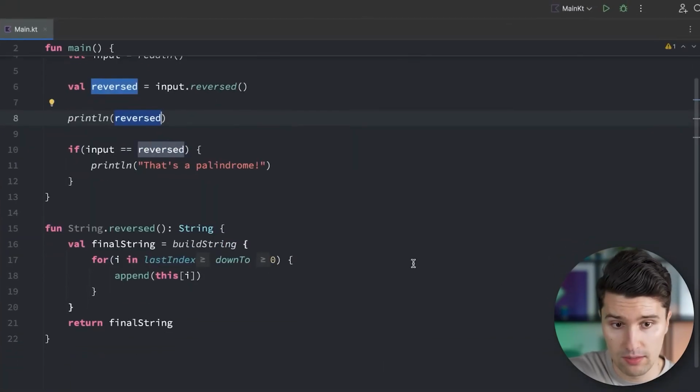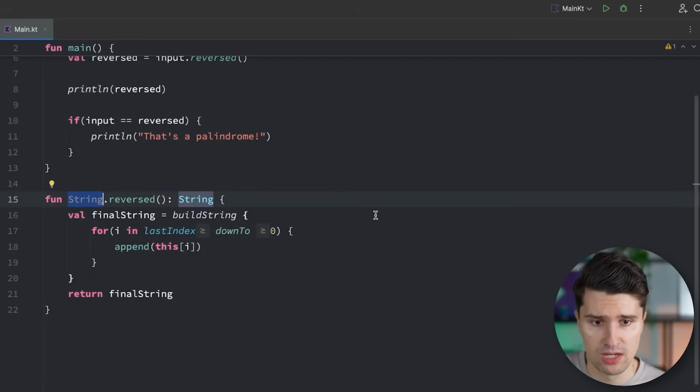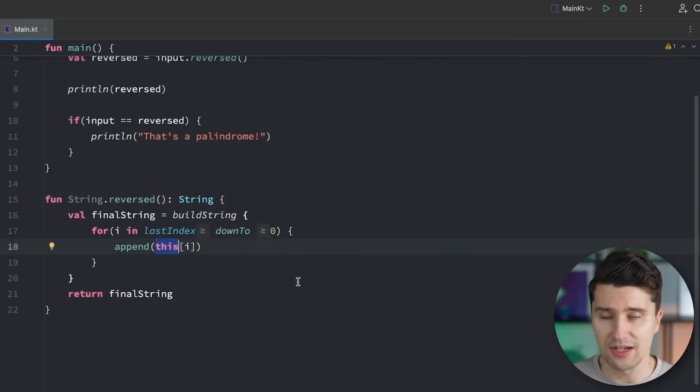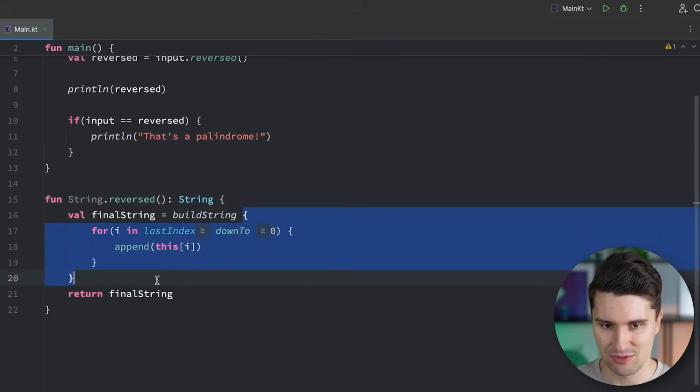Let's investigate why. What's kind of odd is that it marks this string here as gray, saying receiver parameter is never used. So this string that we call this function on is never used, even though we referenced this. And I can already spot the issue here, and that goes a bit more in the advanced Kotlin direction. But the thing is that this can be called in multiple contexts, as I said. In the context of an extension function, it references this string. But there's also another type of function, which is actually this block of code here, which we'll get to later in this course. So I don't want to get into that and mix this with these normal